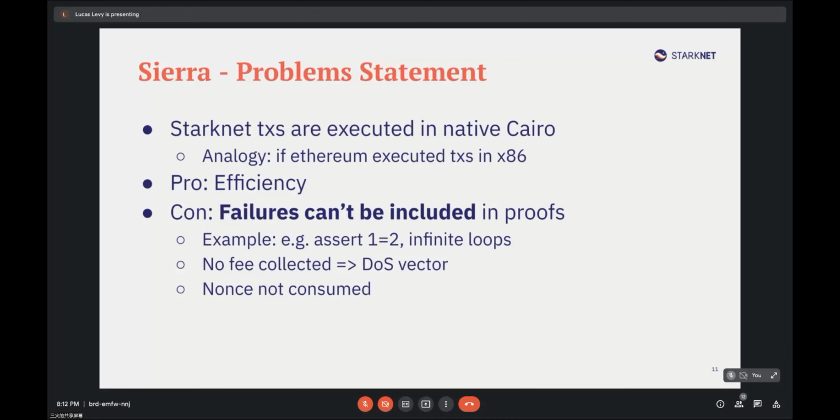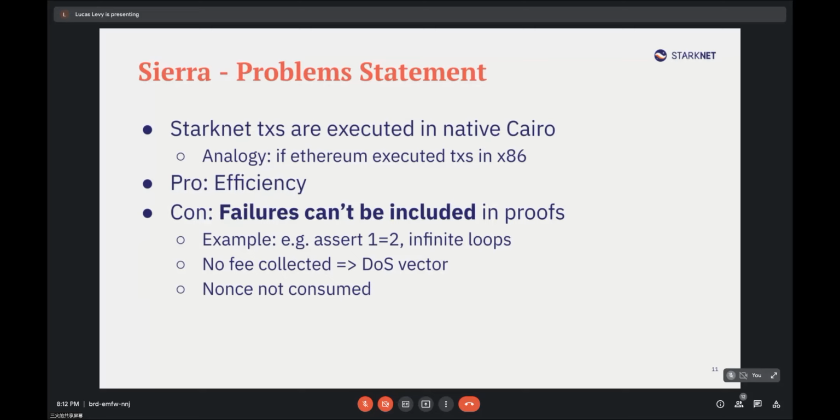It would be a disaster. So for now, we do that to be more efficient, but we can't prove a transaction that fails. And that's a big problem because if we can't prove a transaction, we can't include it in a block, so we can't charge for fees. So if someone wants to spam us with transactions that fail, we can't do anything.